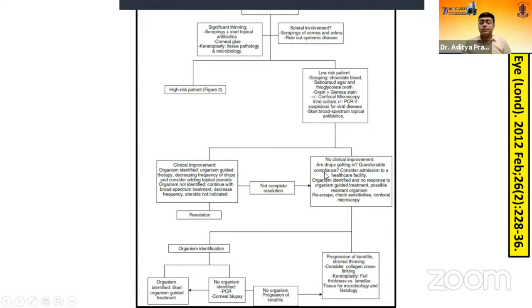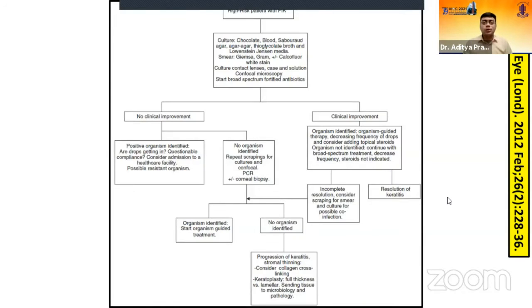But if there is no clinical improvement, you have to question everything. You have to question your diagnosis, your findings. You have to also question whether the patient is complying with your instructions. Again, you rescrape, you check the sensitivities. If you can find the organism, you modify the treatment as per the sensitivity of the organism. In spite of that, if things are getting worse, then we have to move as per the topics discussed in this instruction course.